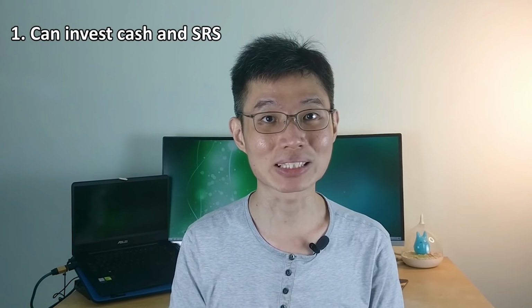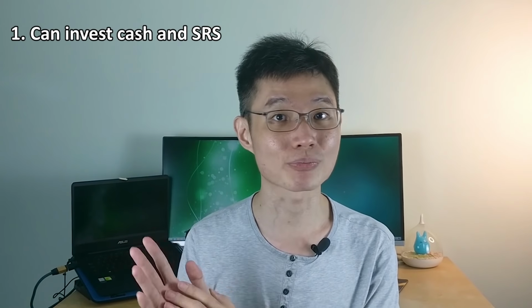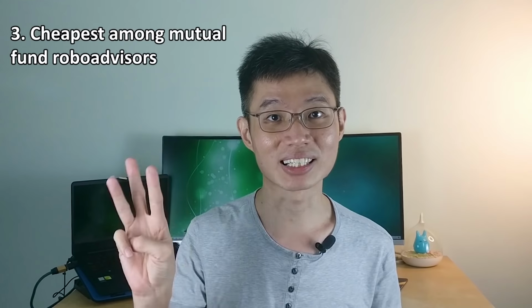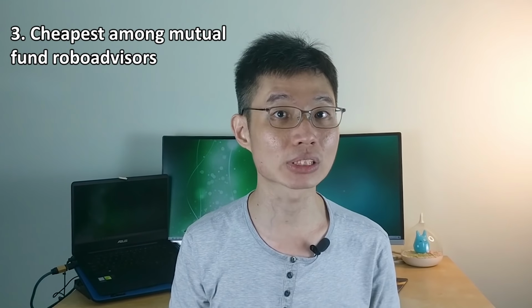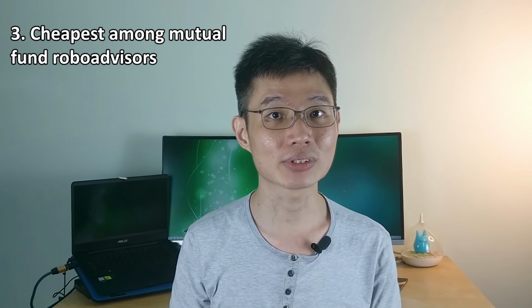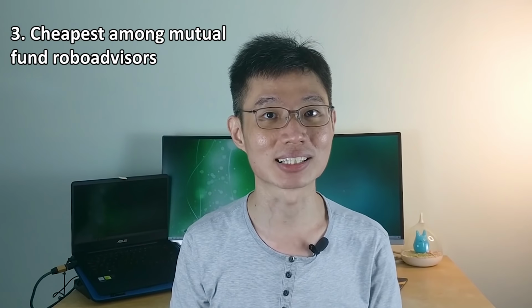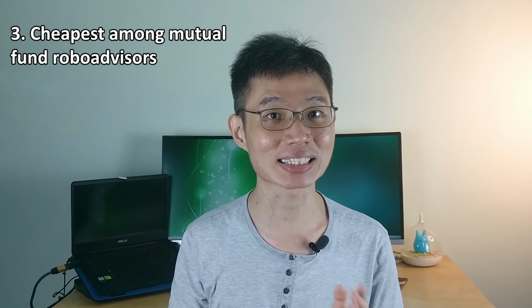Next, let's talk about what I like and don't like about MoneyOwl, starting with what I like. First, you can invest both your cash and SRS money with MoneyOwl. There are only a few robo-advisors that allow you to do this. Second, MoneyOwl's bionic feature. Let's say you are blur and you don't know which portfolio to choose, you can always consult the client advisor who will be glad to help you out. Third, among robo-advisors which use mutual funds to invest, MoneyOwl is the cheapest option out there. And you only need $100 to start,